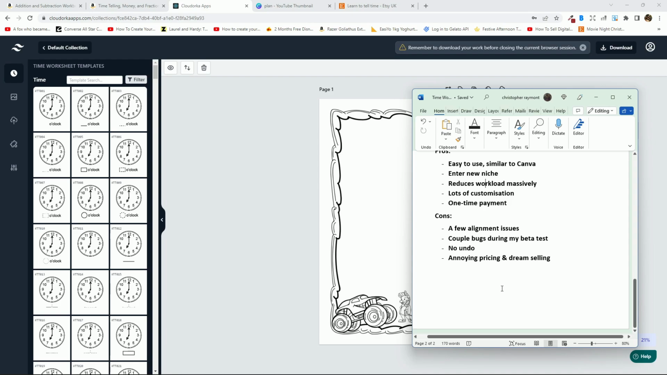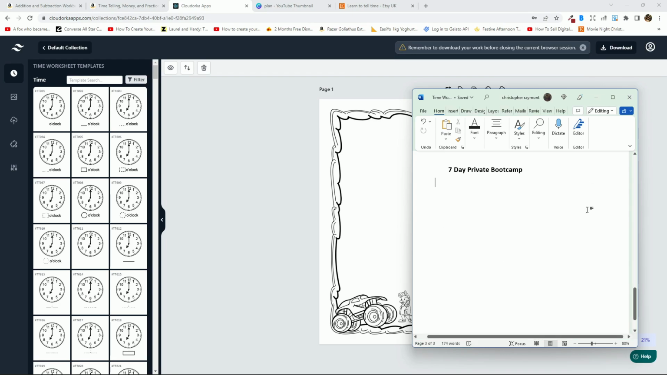The last con here is that the pricing structure for these types of software is frustrating. Sales pages are a bit dream-selly as well, which moves me on to my bonus now. Let's talk about the bonus and tie this into the whole dream selling. When it comes to these types of apps, people do tend to misrepresent what they can actually do for you. It's great that it allows us to enter into a new niche, and it's great that the software works well, but